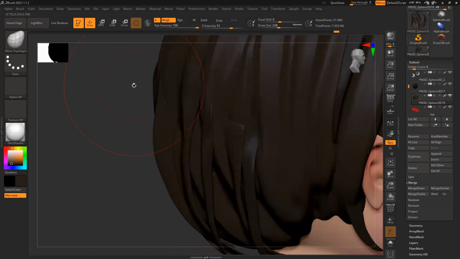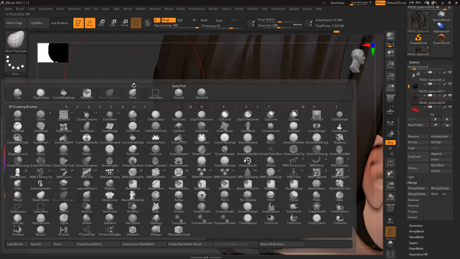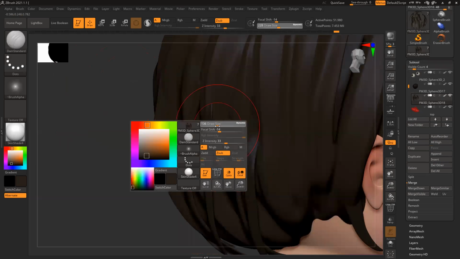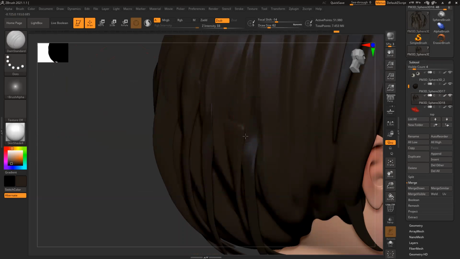Like all this unevenness, I can use Dam Standard and push them inside.